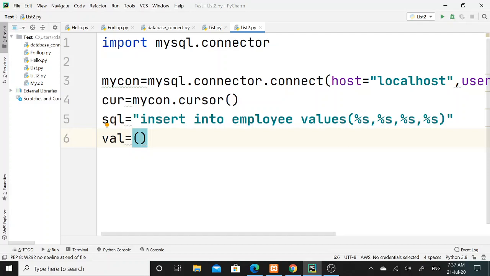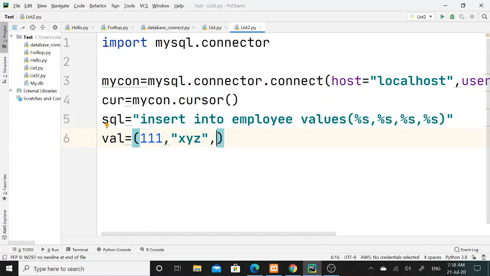Here in the tuple data structure I will insert employee ID, which is 111. Then the second argument is employee name, XYZ.